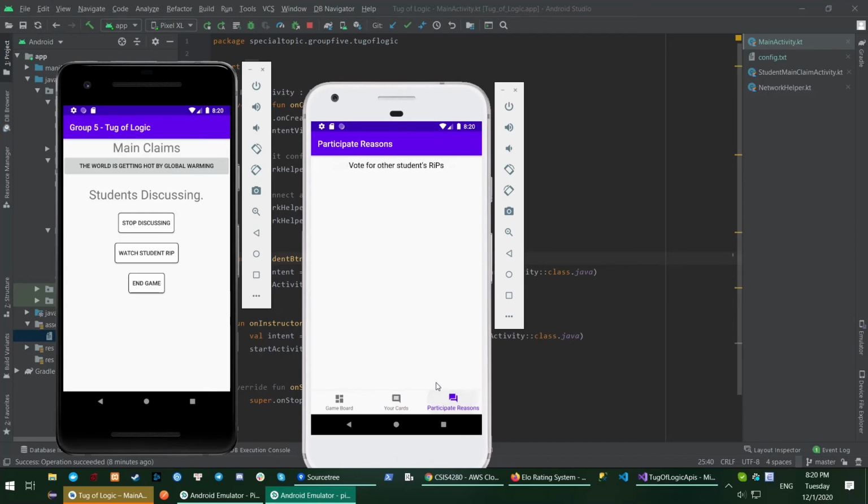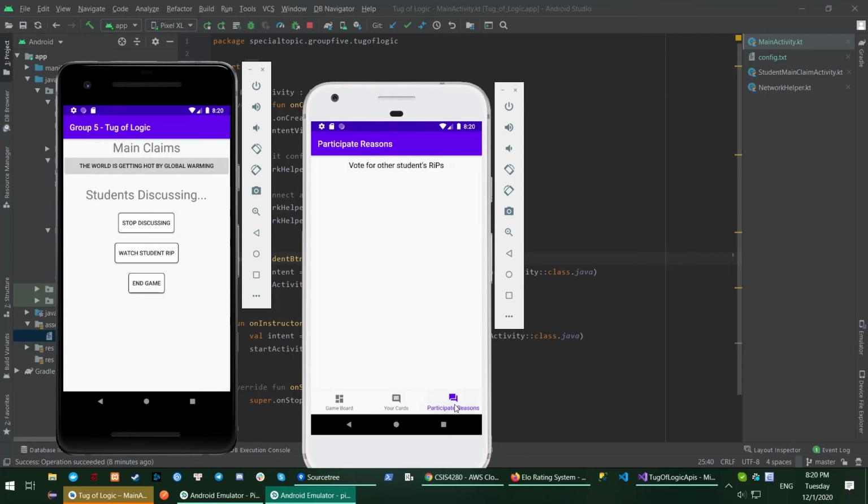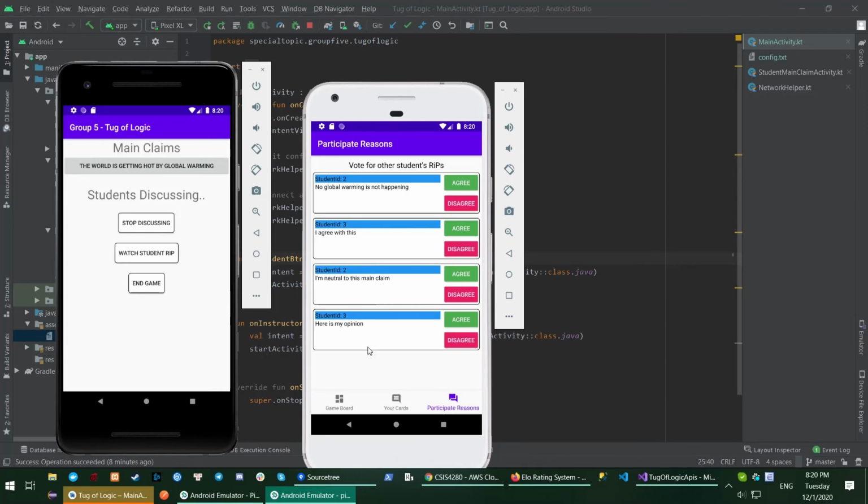And if I want, I can try to write something. Here is my opinion, and I put it to the board. I will receive a new notification here when I come here, and then back I will receive another opinion, and